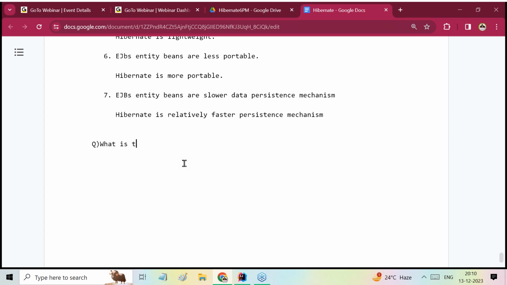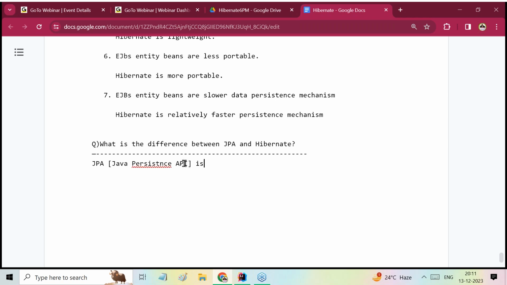What is the difference between JPA and Hibernate? JPA is what there? The abbreviation for JPA is Java Persistence API. JPA, Java Persistence API, is an abstraction